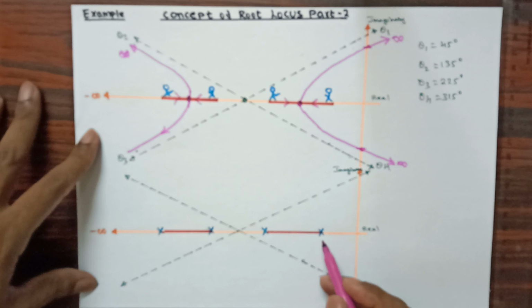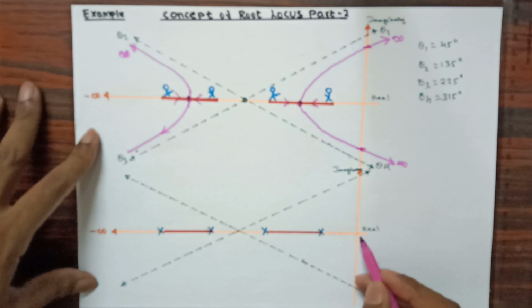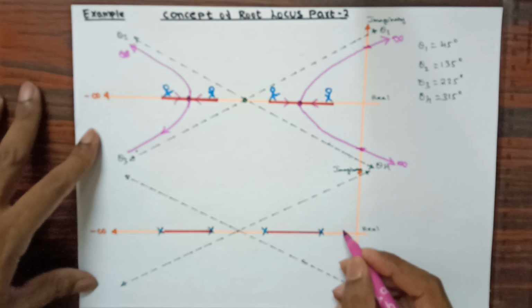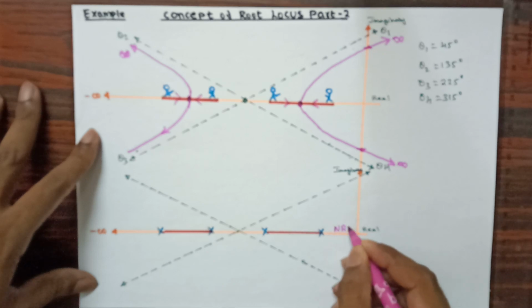Now as we know, the same procedure we are going to follow to find the root locus path and no root locus path. For an odd count of poles or zeros, we are going to provide the root locus. From the right hand side, I will be counting the number of poles and zeros. From this point to this point, I am not having any pole or zero, that is the count is 0. Therefore 0 is an even count. I am not providing any root locus path, that is, this part I am considering as no root locus.